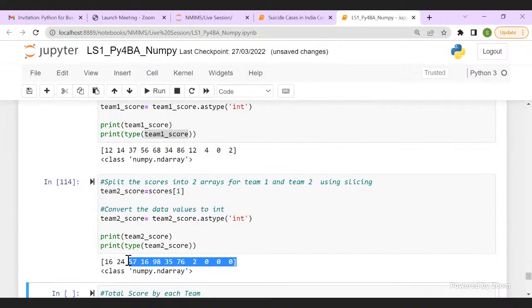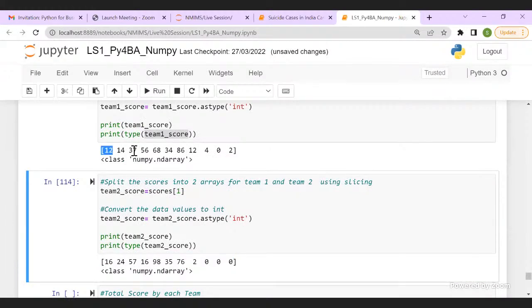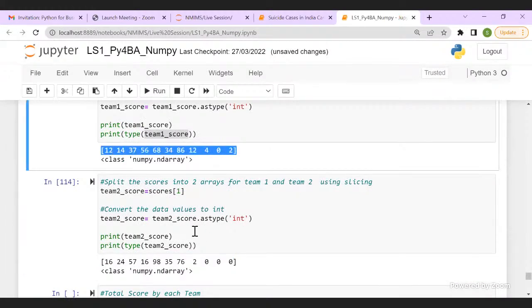So I have a clean integer array in team 1 score and team 2 score for processing. So I've prepared my data for my analysis. Here I did the very simple thing of splitting the data into two arrays and converting them into int.